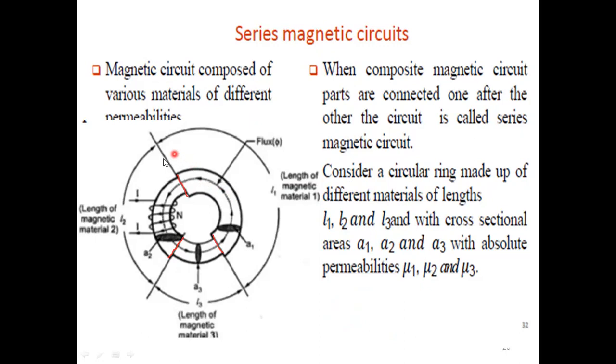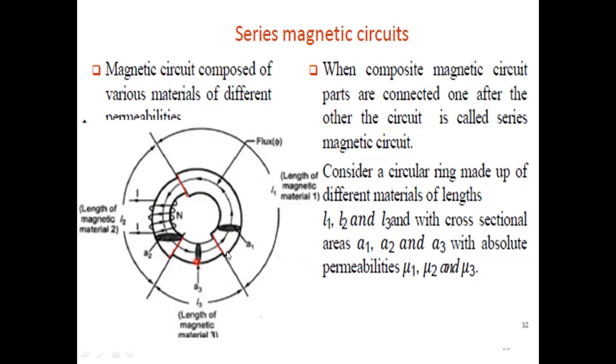Many people get confused here. The circle you see is not at all the diagram for that one. This is the diagram here. To show the length of this material, they have considered L1. This is the first material, this the second material, and this the third material. The length of the first material is L1, the length of the second material is from here to here, that is L2, and the length of the third material is L3.